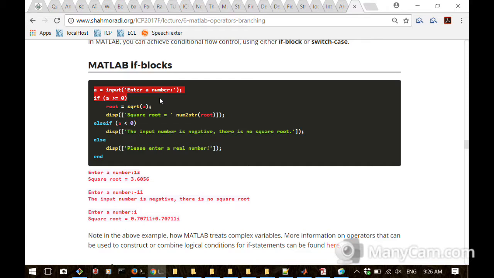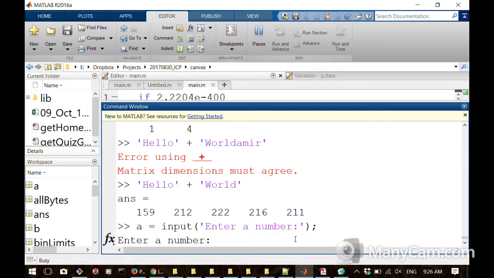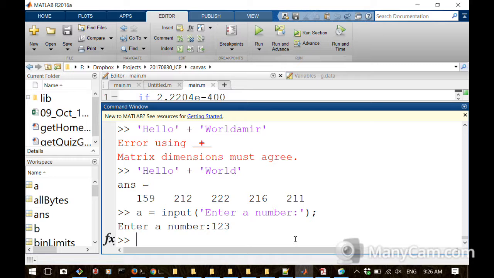What does the input do for you? It asks the user to enter something, right? Now, if you want to get a string as input automatically, you can add something. Let me go to this page for a second. I apologize for that, but I want to show you something. If I say a equals input, enter a number, and I enter 123,